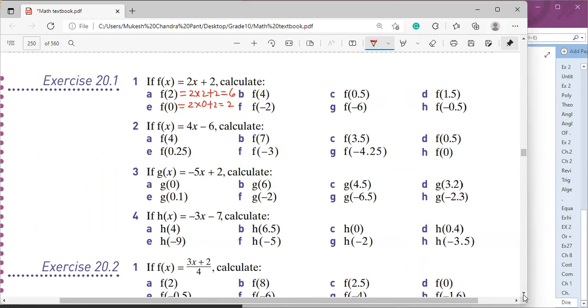Suppose you have to find out f(-2). So how will you find out f(-2)? 2 times minus 2 and plus 2. So minus 4 plus 2. That is negative 2. Okay. So this way you will find out. Right, guys? This way you will find out. I am writing here. Suppose,